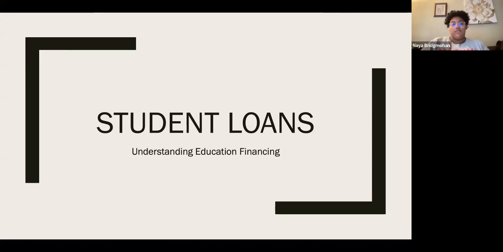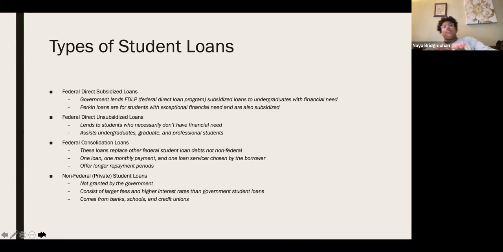Then we're going to get into the 4 types of student loans. The first type of loan is federal direct subsidized loans. These loans are lent from the government and they are lent to undergraduate students with financial need. Perkins loan is also a subsidized loan for students with exceptional financial need as well. These loans accrue no interest when students are enrolled half-time in post-secondary institutions,